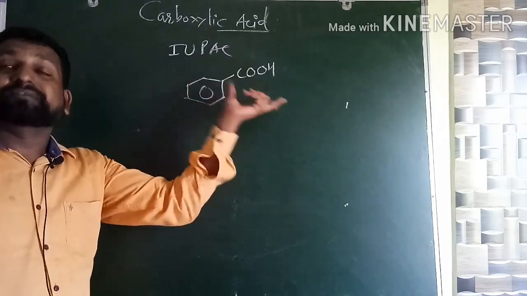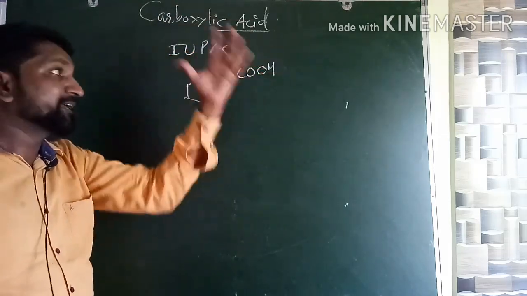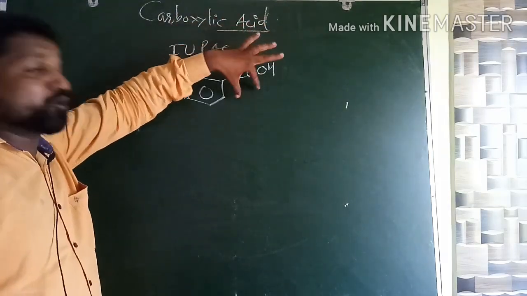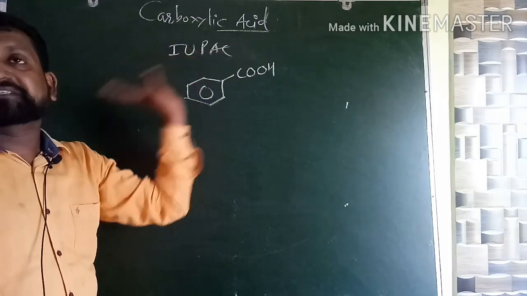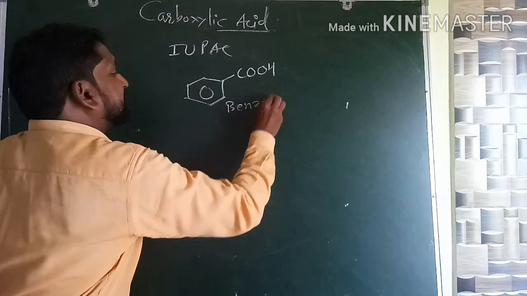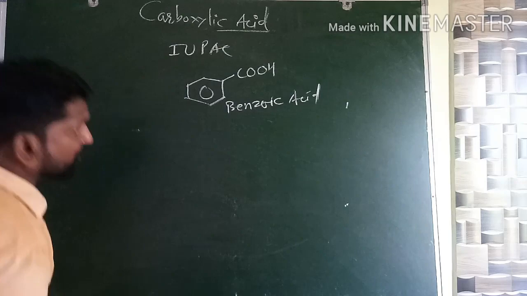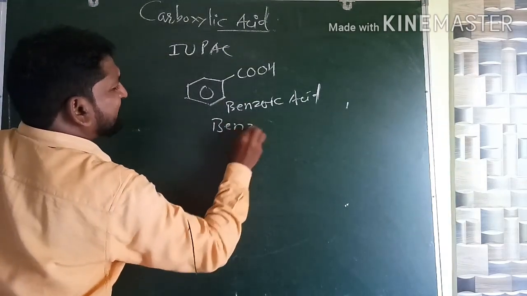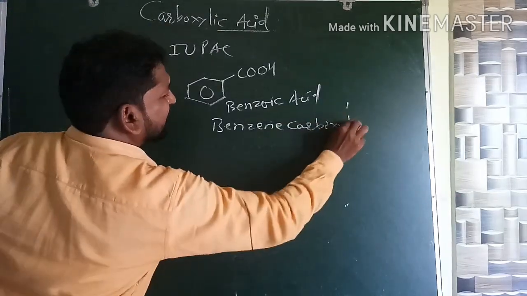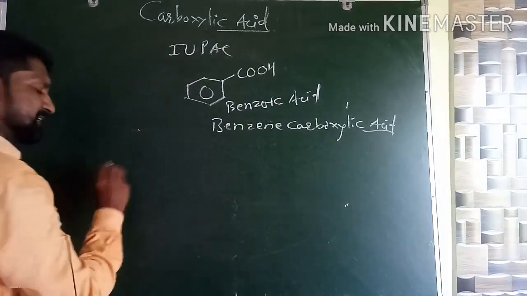But along with the common name benzoic acid, IUPAC grants benzoic acid also as an IUPAC name. It is the fundamental example, that's why I am taking an explanation. Therefore, it's possible the IUPAC name is also benzoic acid. Another possible IUPAC name for this is simply benzenecarboxylic acid. Will you remember? Yes, benzenecarboxylic acid.